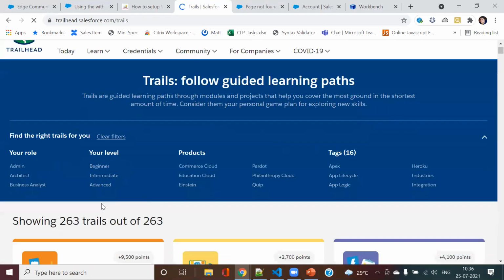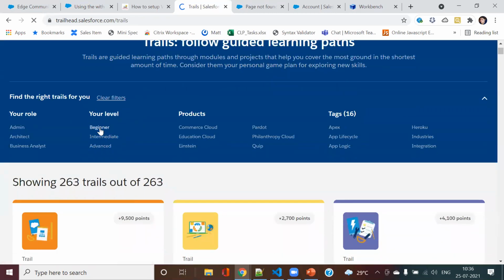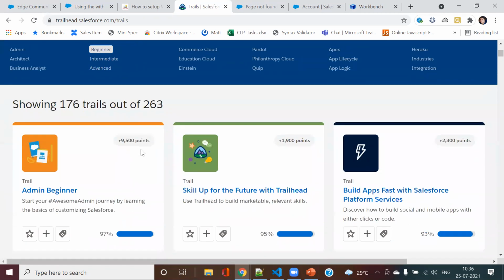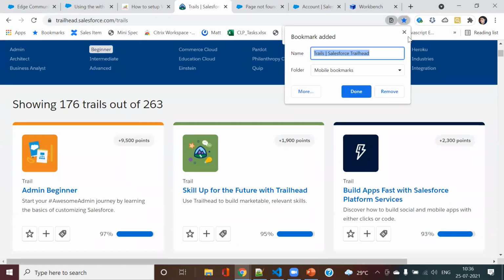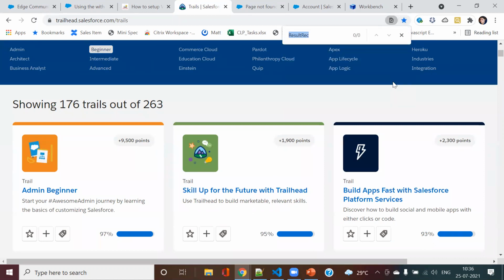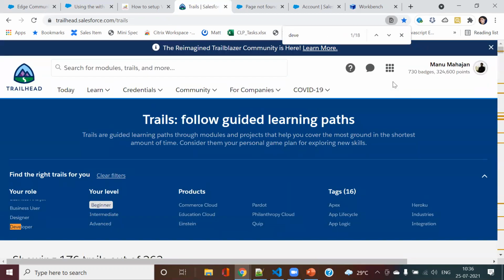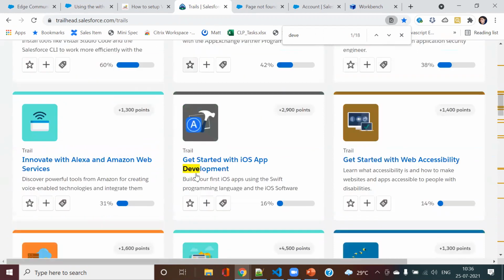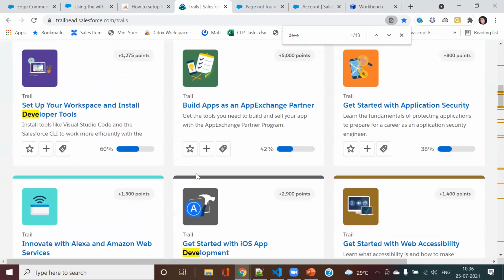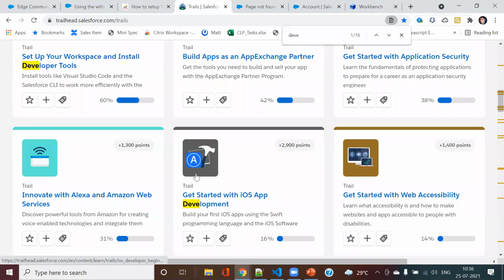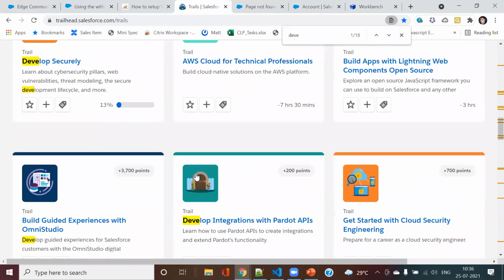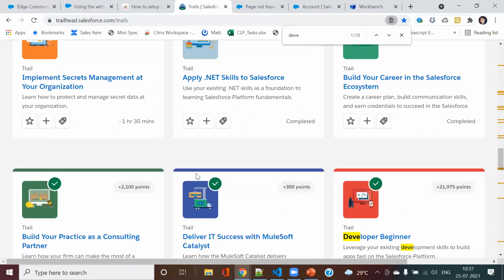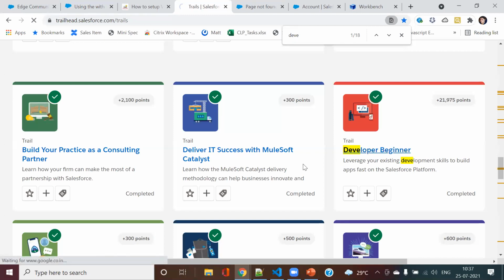Here, if you see, you go into your level beginner, I believe you can select. Should be the developer one. Yeah, this one.